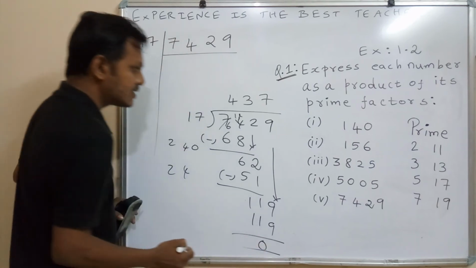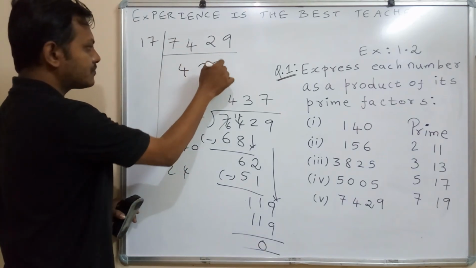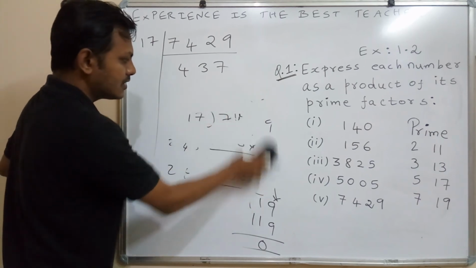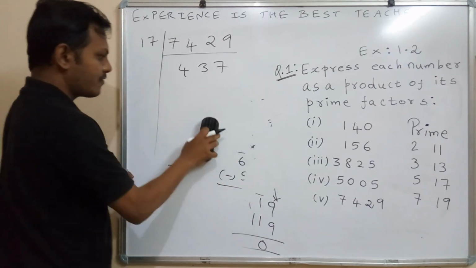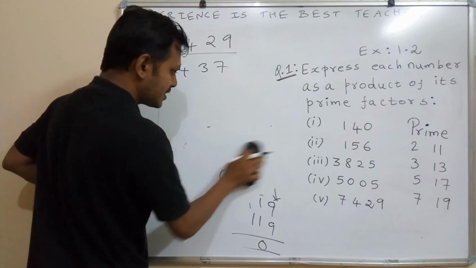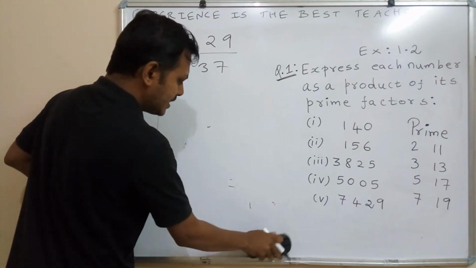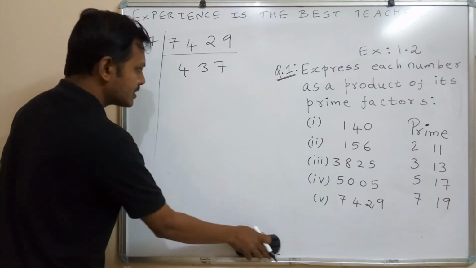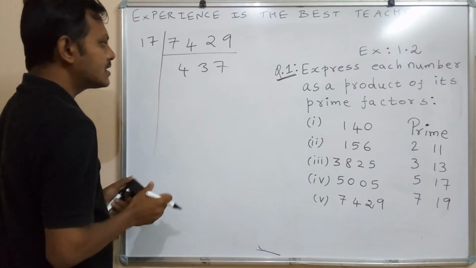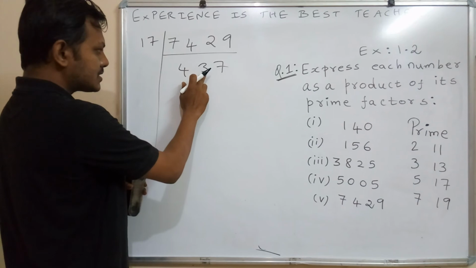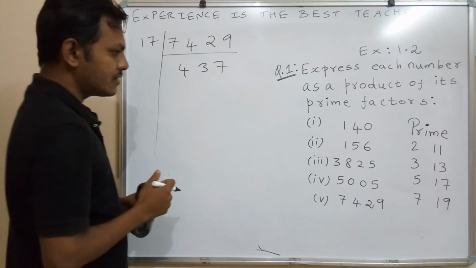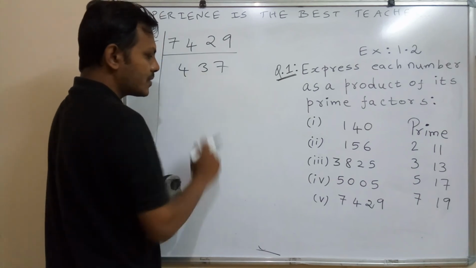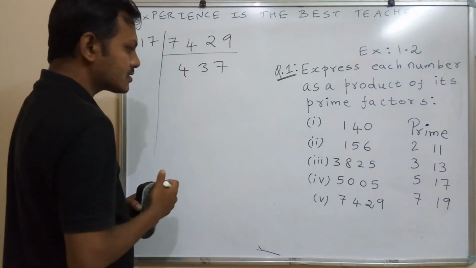So 119. So 437. Now this 437, we are going to check in which table it will come. So 437 will not come in 2 table because there is no even number in the unit place. So 7 plus 3, 10, 10 plus 4, 14 is not in 3 table. So next, 7 is the unit place, so we cannot use the 5 table also.